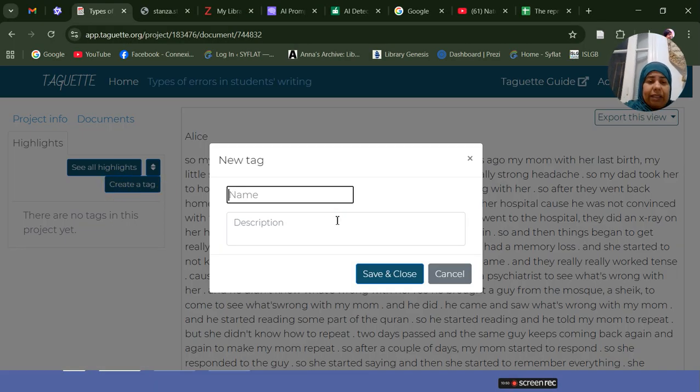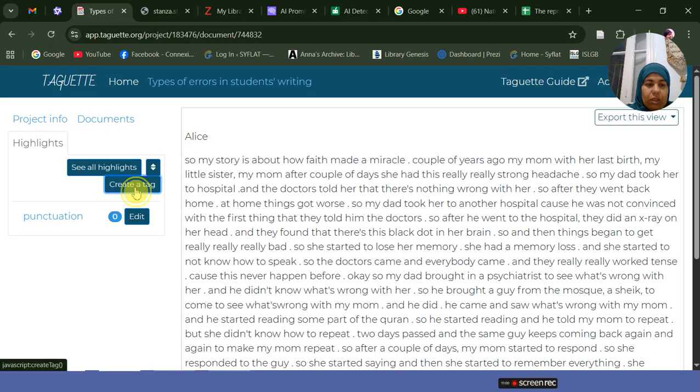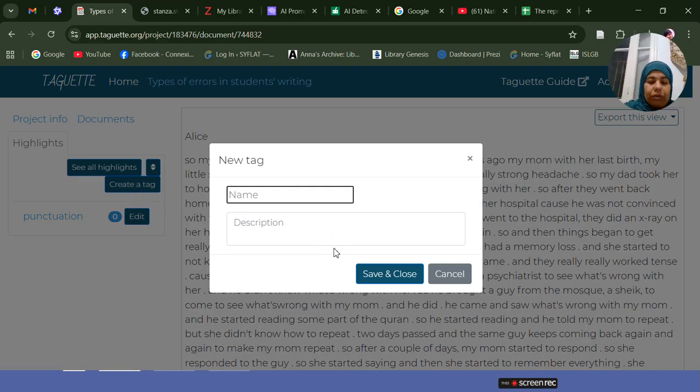Since these are errors, let's say that we have tags, for example, for punctuation, then a tag for, for example, morphosyntactic. And in morphosyntactic, we have, for example, tense, we have